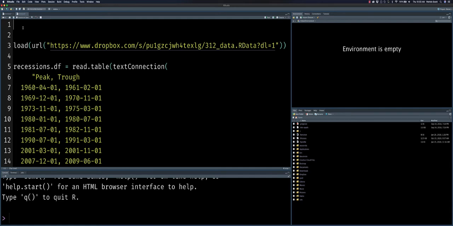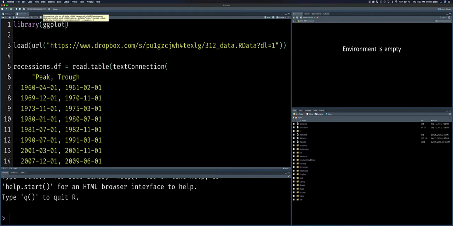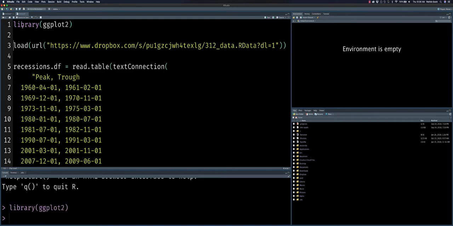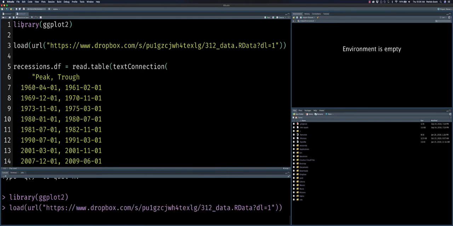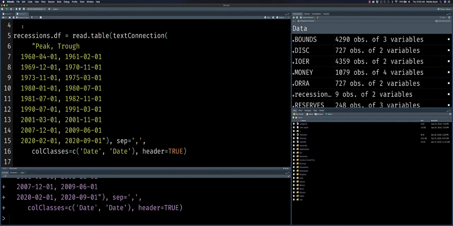Now, we need to call a package in our library. We could use the tidyverse package, but really all I need for this particular video is just ggplot2. So we want to make sure we have ggplot2 loaded within our library. We want to make sure that we have our data from the course that has all the data frames that we'll need for the rest of the course, and then we want to execute this